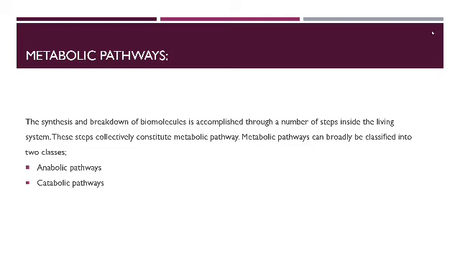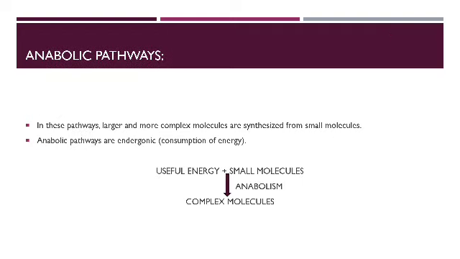These steps collectively are known as metabolic pathways, and the metabolic pathways can be broadly classified into two types: anabolic pathways and catabolic pathways. In anabolic pathways, larger and complex molecules are made from small molecules. From the small molecules, the living organisms make complex molecules, and that process is known as an anabolic pathway. They require energy to make